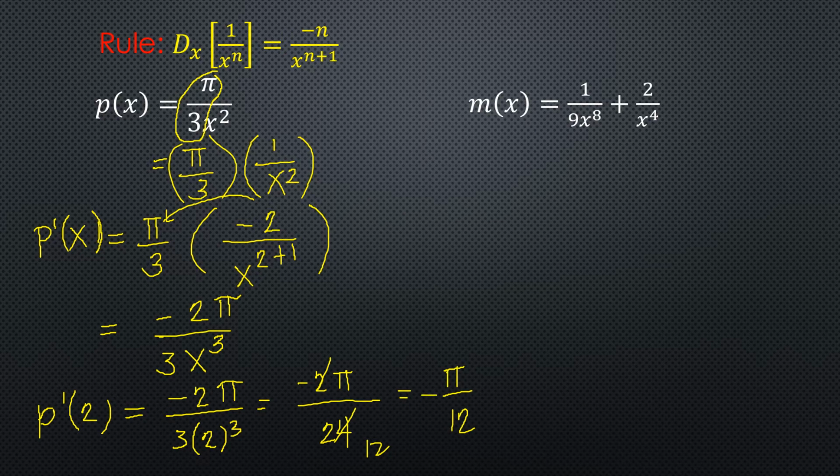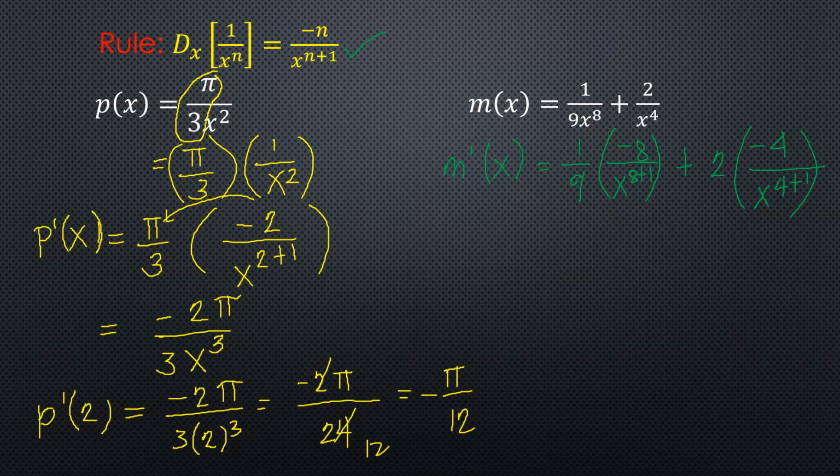On the second example, m of x is equal to 1 over 9x raised to 8 plus 2 over x raised to 4. So get the derivative, so we have m prime of x is equal to, separate the constant 1 over 9, separate the constant 2. Now get the derivative of 1 over x raised to 8. So that will be x raised to 8 plus 1, and this is negative 8. Get the derivative of 1 over x raised to 4. So this will be x raised to 4 plus 1, and this will be negative 4 on the numerator,